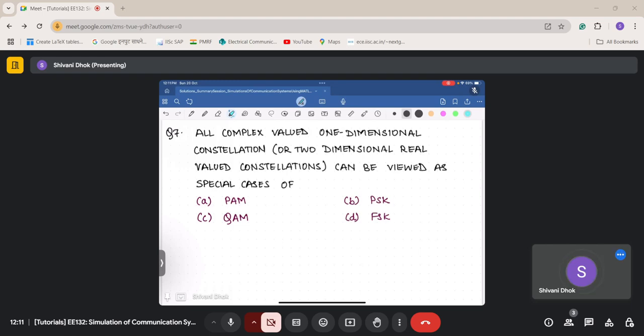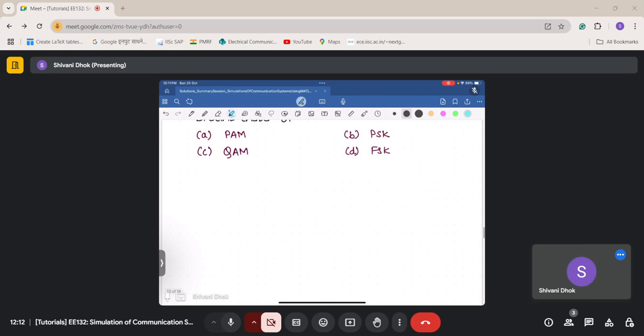So it says that all complex valued one dimensional or two dimensional real. So any complex valued, or let's say complex number, okay, complex valued constellation